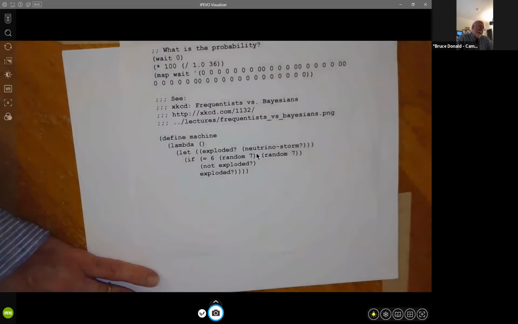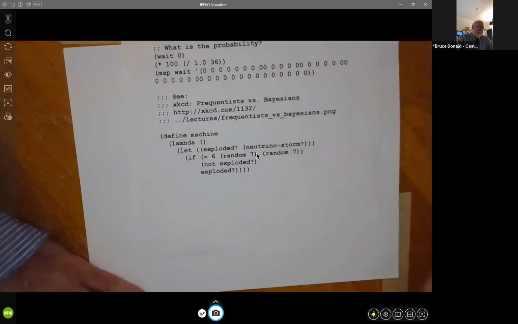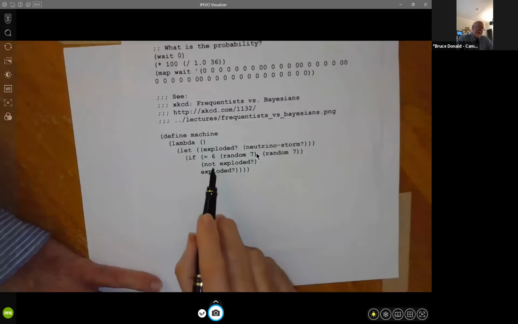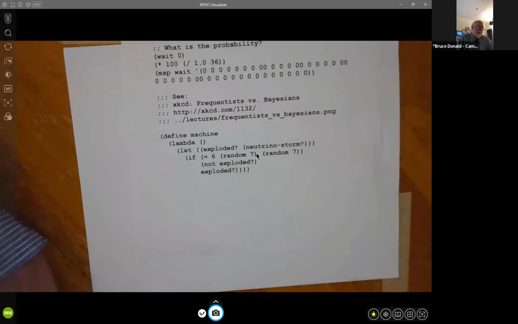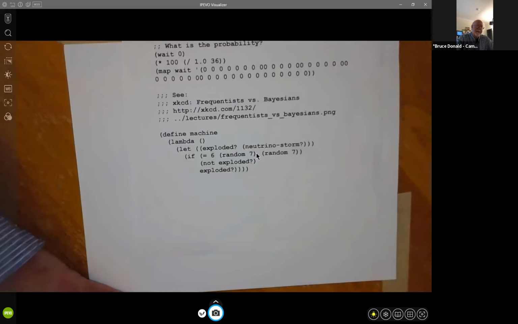And to make this slightly less frivolous and irresponsible, suppose this really was your machine, and there's some chance that it might lie. What we'd like to be able to do here is figure out, given the information this machine gives us about whether or not the sun has exploded, how much to trust it. In other words, how much to use statistical information to make inferences about whether or not the sun exploded.